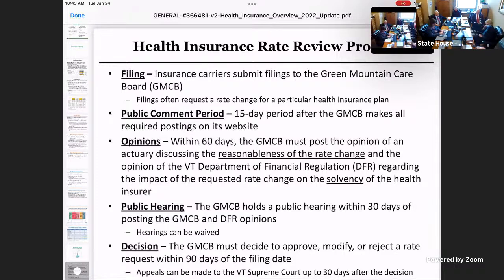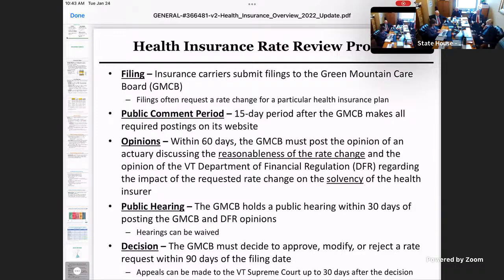Can I pause for just one moment? I think we didn't include this on the slide, but I just wanted to add it so you're aware. In addition, before the rate review process gets started, the other piece that the Department of Financial Regulation does on the front end is to make sure that all of the plans being filed meet all federal and state regulations and laws for health insurance plans. So they review the forms of the insurance plans to make sure that those all meet what they need to meet. That happens leading up to the rate review process. Once the insurers know or are pretty sure that their forms are correct, then they can proceed with the rates.